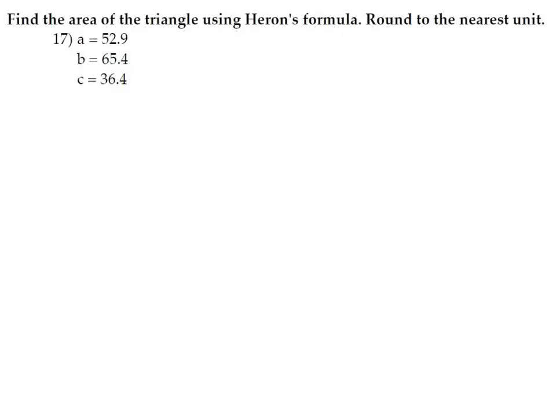Find the area of the triangle using Heron's formula, round to the nearest unit. The proof of Heron's formula is a whole bunch of algebra, and it comes up with a really nice formula. The pro of the formula is it's easy. The con is you have to remember a formula. In the next problem, I will solve the same type of problem given 3 sides without this formula,